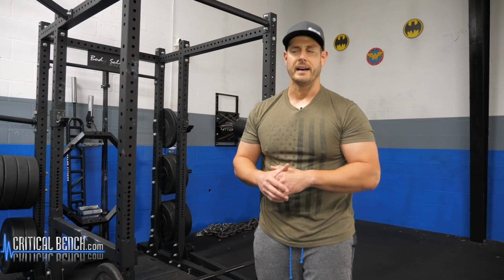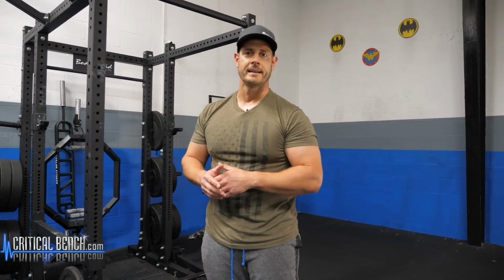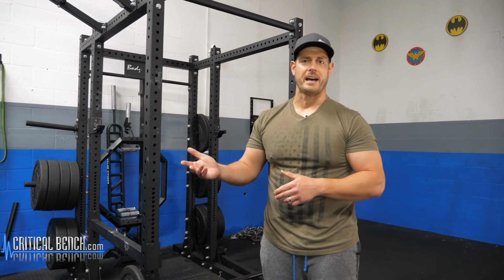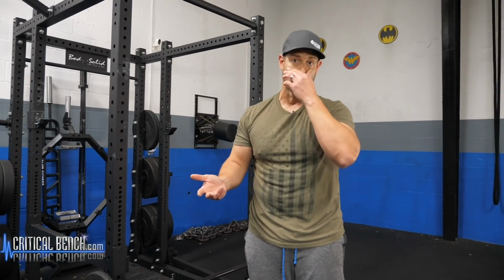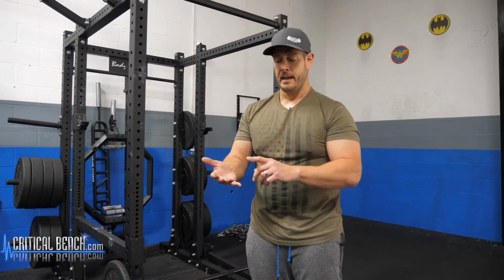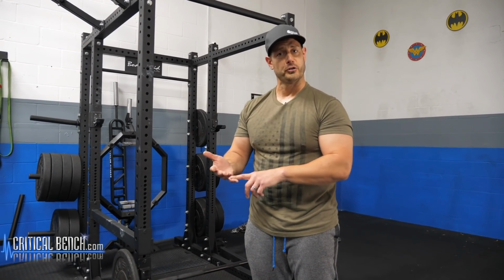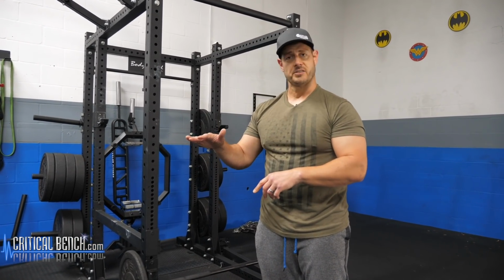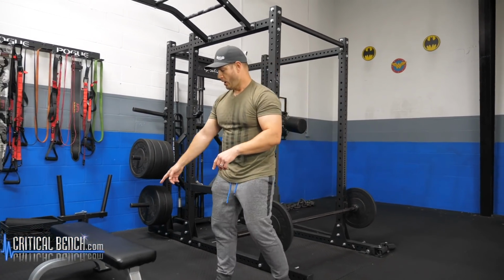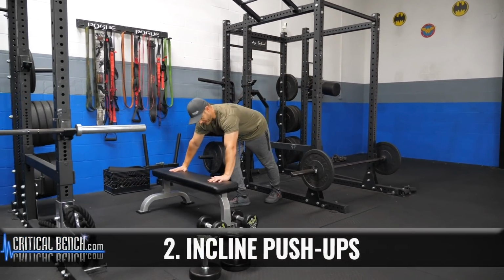Sounds easy enough, right? Again, when you're bigger, when you're heavier, when you're over 40, they just don't feel like they used to. They're harder. You're not repping out 25 to 50 rep sets like you once did, but you want to. How to fix that? Go to a bench or to a bar that is raised, right? So you have a bench like you see right here, where you can just go hands on the bench